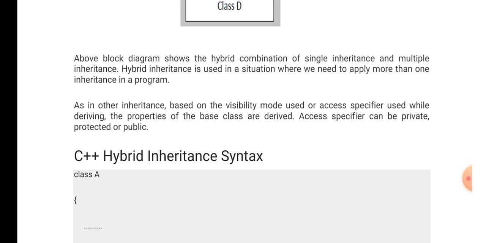Hybrid inheritance is used in a situation where we need to apply more than one type of inheritance in a program. As in other inheritance, the properties of the base class are derived based on the visibility mode or access specifier used while deriving. The access specifier can be private, protected, or public.